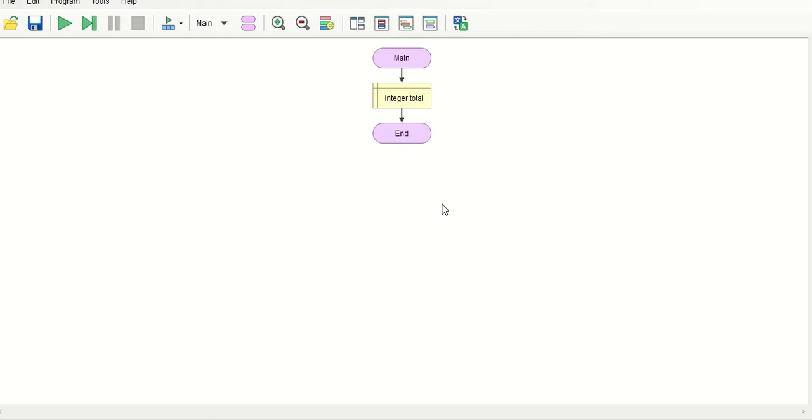Now, as I told you before, the difference between input and output. Output means what the computer will ask you, and input is what you will give to the computer. So when you run your program, the computer will ask you, like, how much total, and after that you will give the total. From the output, the computer will ask you how much total, and you will give the input from the input, and after that we will use the if condition.